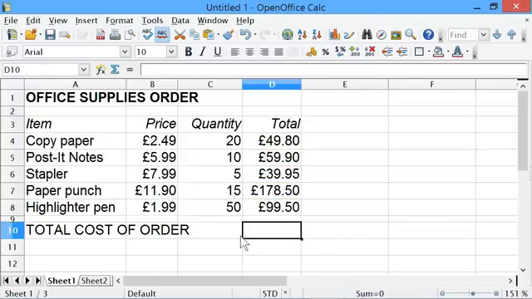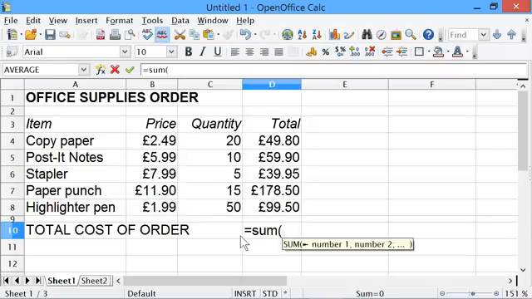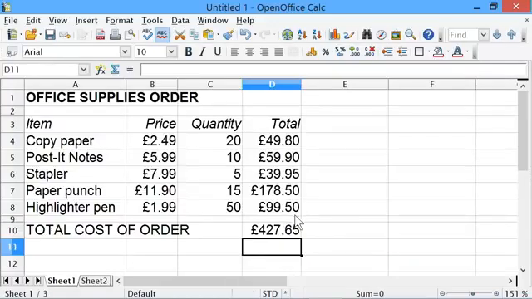and I'll use what's called a range function, a function that works across a range of cells. And the one I'm going to use is the most common in a spreadsheet, which is called sum. So I'm going to press equals and SUM, and then the format here is to open a bracket and to give it a range of cells, which you do by telling it the first cell you want to go from to the last cell with a colon in the middle. So here I actually want to sum from D4 to D8. I could type D4 and a colon and D8, close my bracket, press enter,